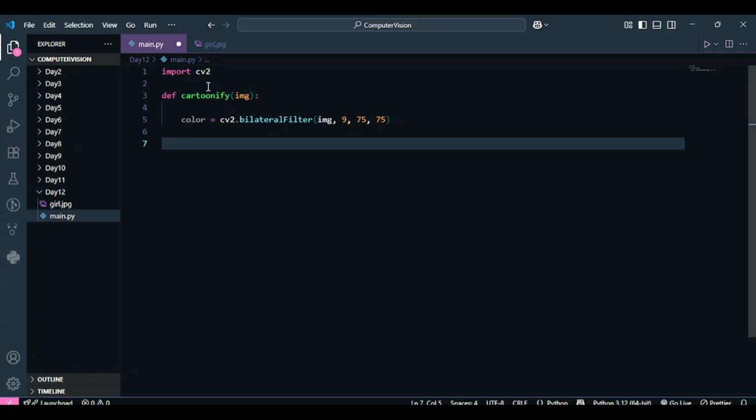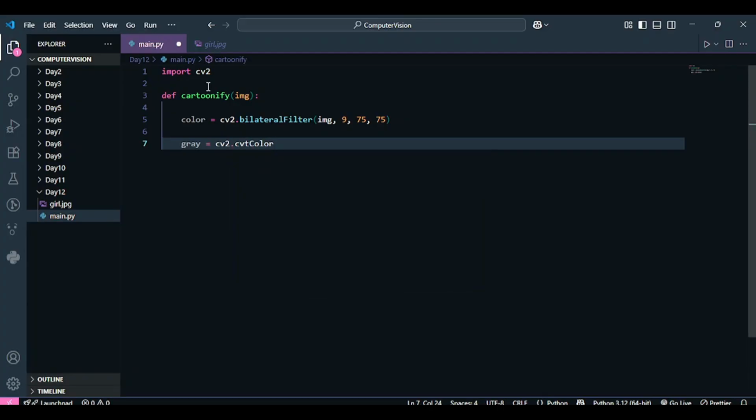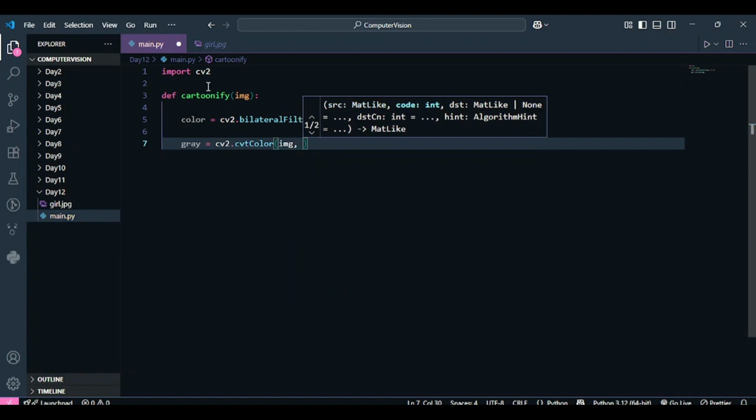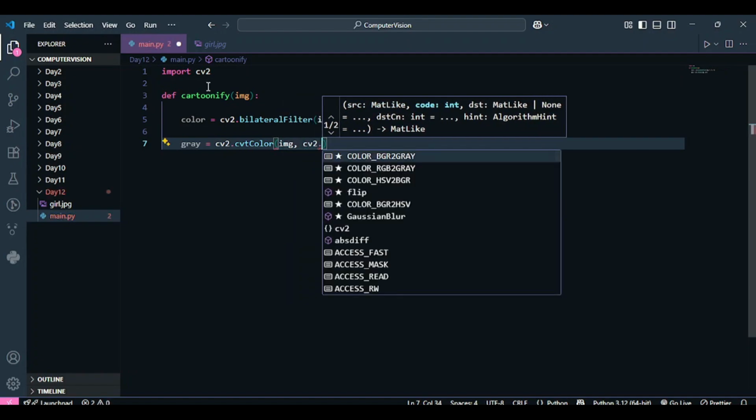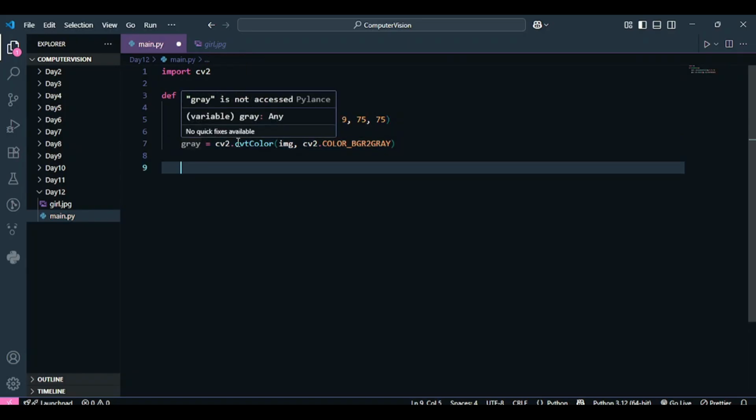That's the first thing we are going to do. We are going to use the OpenCV function called convert color, to convert our image from BGR to grayscale. So I'm going to use the OpenCV function and say BGR to gray, and I'm going to save that in a variable called gray.